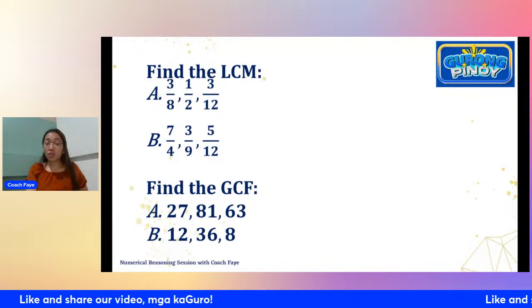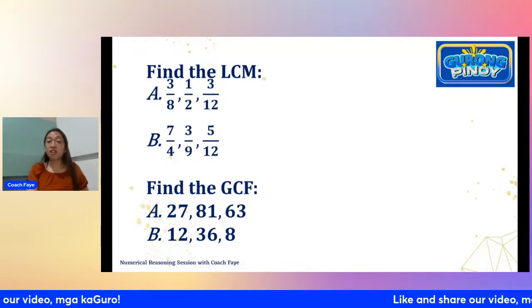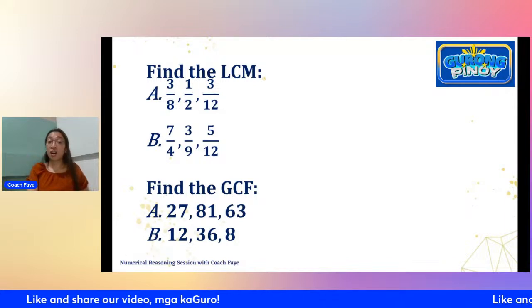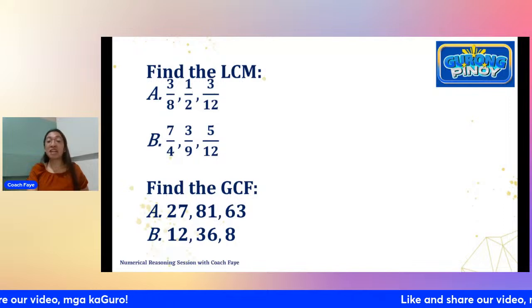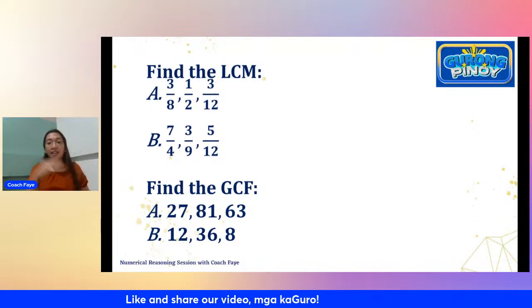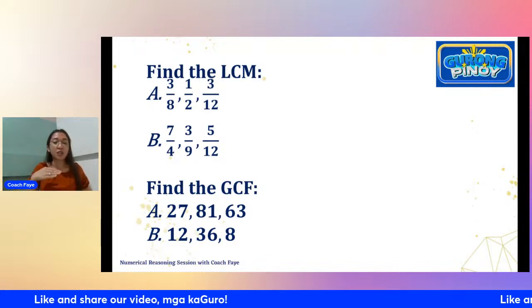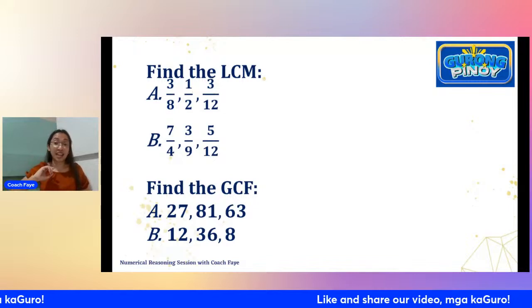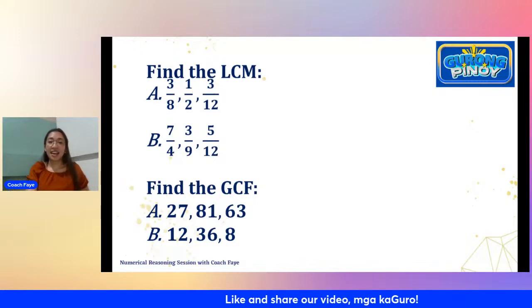Hindi ba pwede si 2? Yes, pwede si 2. It is a common factor, but it's not the greatest common factor. The GCF is 4. The common factors here are 1, 2, and 4. Eh yung hinahanap natin yung greatest eh. Kaya dapat, kapag bumababa ka from the smallest number na nakikita mo, which is 8, dapat paunti-unti. Huwag kang dediretso sa pinakamababa. Kasi yung pinakamataas among all the options, yung hinahanap natin. Ayan. Now, let's take a look at the next item.